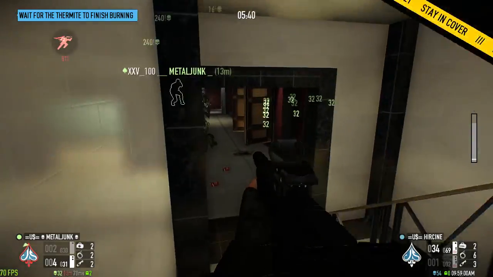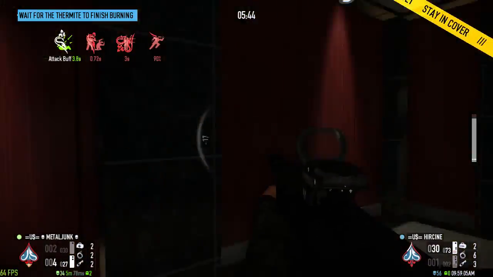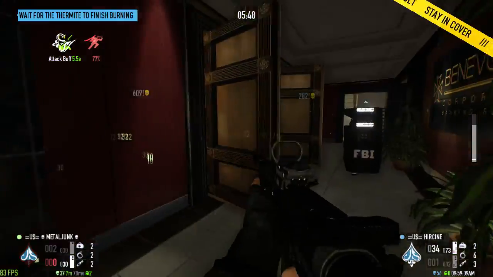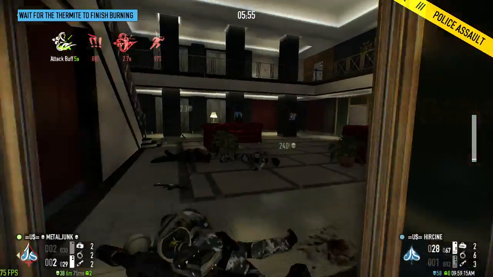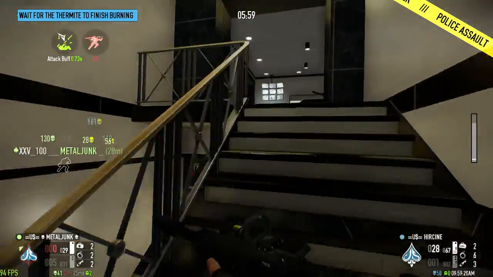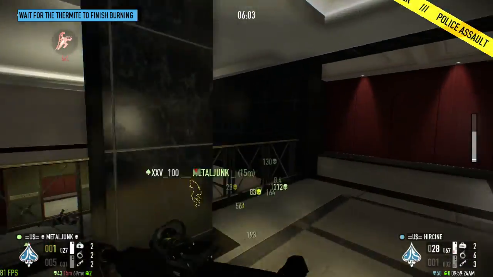So since you're using Rider, don't be afraid to go toe-to-toe with the enemy. This is what the build is for. You're supposed to be killing a lot of cops. Your build can handle quite a lot. Taking out tasers that are tasing you with DMR is also really, really good because your clip is so big. It gets instantly reloaded by the taser, so...